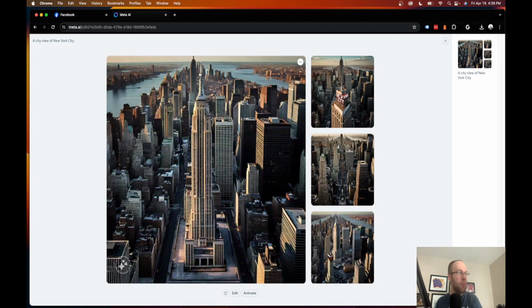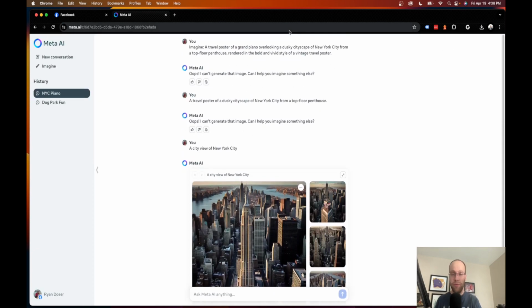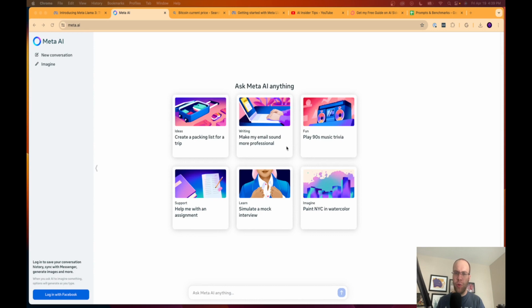Same here. It looks somewhat realistic, but I'm kind of disappointed, honestly, guys, with how it couldn't answer those more sophisticated prompts above. So I would have to give the nod to basically all other AI text to image generators right now, maybe besides Google Gemini, but DALL-E 3 for sure is better. So is Adobe Firefly, so is Midjourney. So I'm kind of disappointed there. But that's it, guys. Just a quick video showing you Llama 3, which is the brand new AI model released